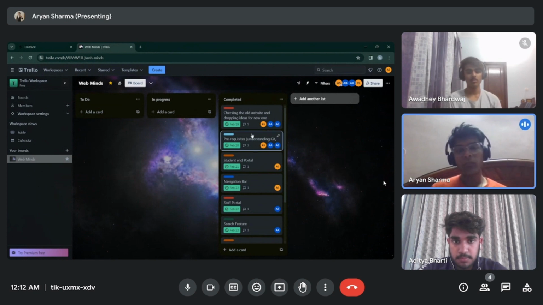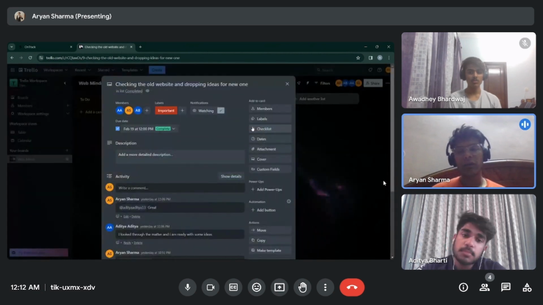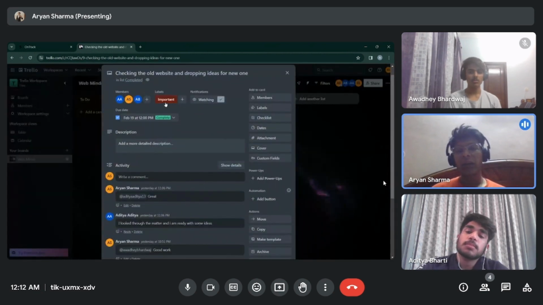I'd like to just go through an overview of what we did in this sprint and how we planned and gave our sprint tasks a point and a number. For example, this completed sprint task one is labeled as important, and each important task is labeled as 4 points.